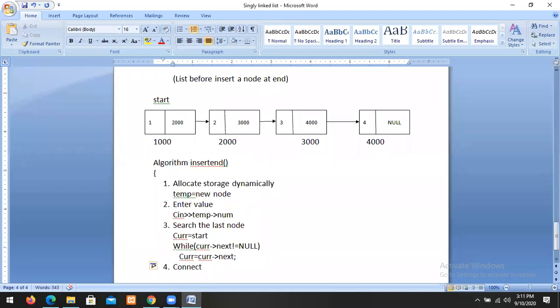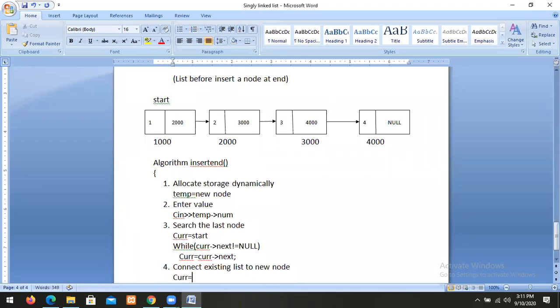Connect the list. Connect the existing list to the new node. How can we connect the existing list to the new node?